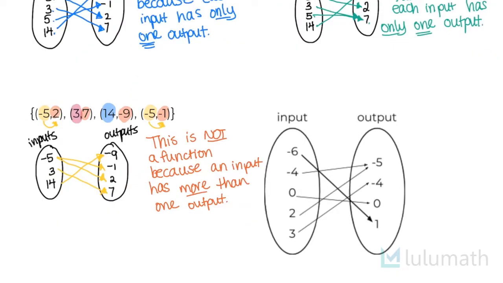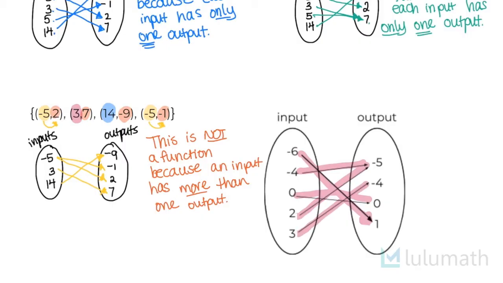All right, in our last example, we have a mapping instead of a list of numbers or coordinates. So we can see that -6 is only mapped to 1, -4 is only mapped to -5, 0 is only mapped to 0, 2 is mapped to -5, but 2 only has one mapping that it corresponds to, and 3